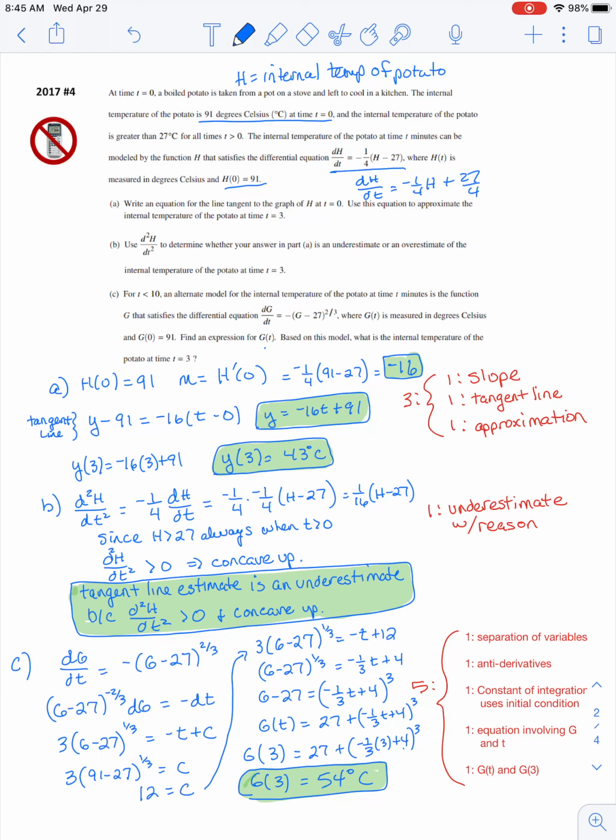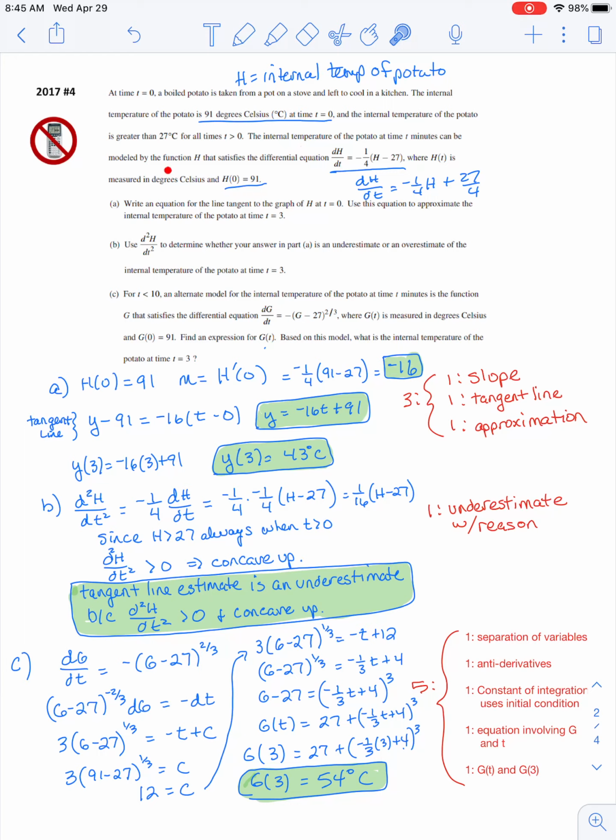2017 number 4, the famous potato problem. We are looking at a baked potato, or actually it's a boiled potato, sorry, taken from a pot on a stove and left to cool in a kitchen. The internal temperature of the potato is 91 degrees at time t equals 0. It's 91 degrees Celsius. And the internal temperature of the potato is greater than 27 degrees for all times t